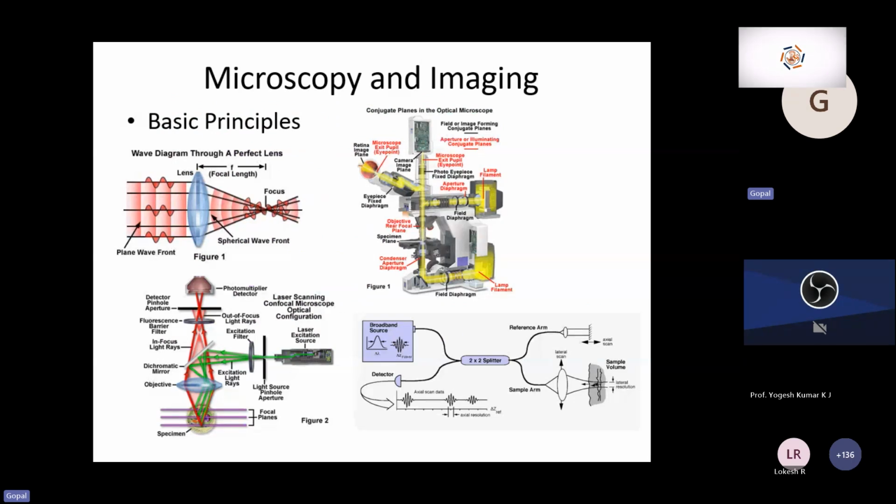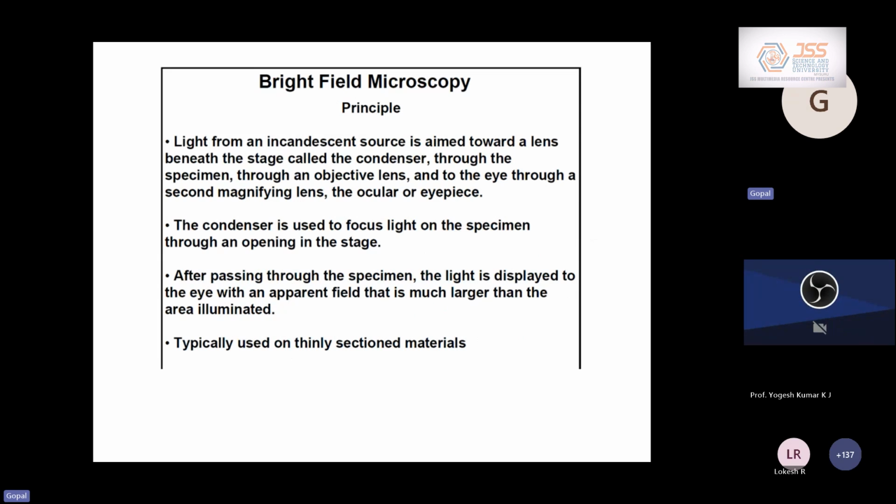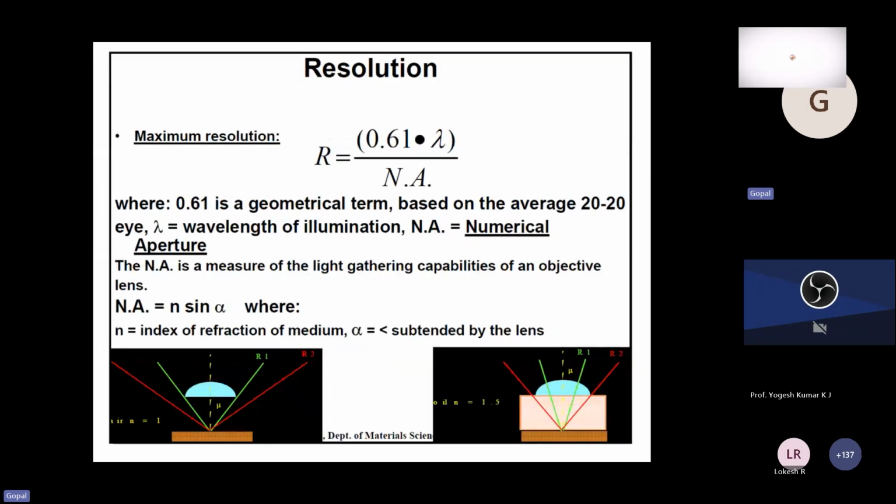And I don't go into the details of these basics, which you all know. Microscopy and imaging: the optical microscope has been there for ages. We are all used to it now. Bright field microscopy, dark field viewing, and in all these things the important thing is resolution. When we talk about resolution, we always go to either SEM or TEM. They are also microscopy techniques only, but the optical microscope